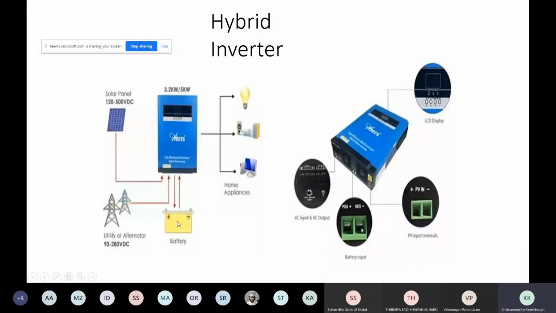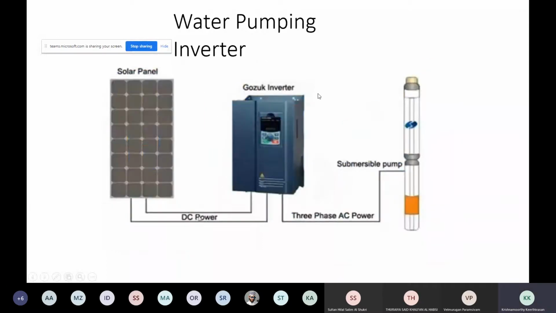Okay, the battery is completely charged and by that time no loading is done. Now, if the battery is fully charged, in the evening when you are switching it on, sometimes if needed, there will be some tripping mechanism also. If you want, you can take power from electricity. And if there is no electricity, if there is some problem in your grid, by that time power from your battery will be converted to AC and used to feed your house loads, domestic loads, home appliances. Such a mechanism, such a type is called a hybrid inverter. This is called a hybrid inverter.